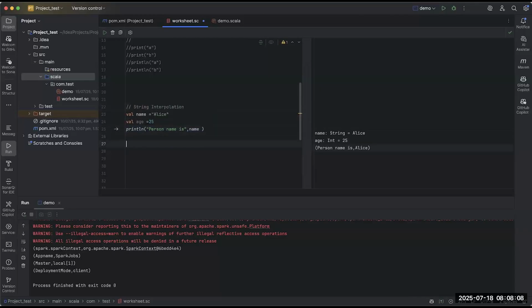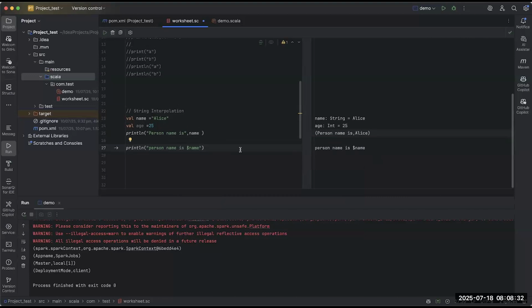So let's suppose I have to print the same thing. Then what I will do is println, person name is, and after that I will just write name here. If I run this also, it will give you the correct result. Why is it not giving this? Oh, sorry, I missed writing S here.